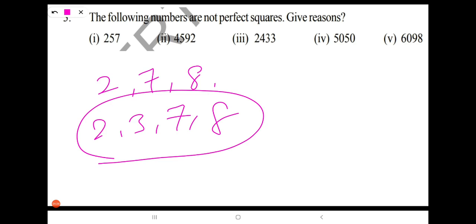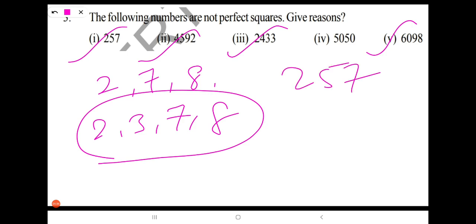So by this property we can say problems number 1, 2, 3 and 5, these 4 problems, are not perfect squares. 257 is not a perfect square due to this property,